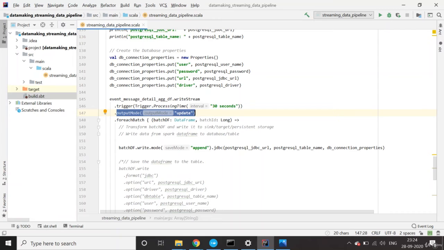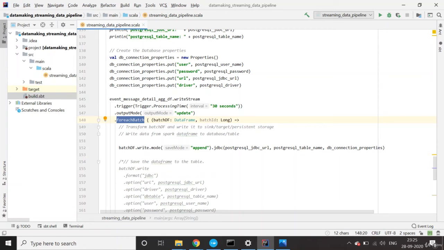So we are going to use this function operator called foreachBatch. What it does is, in this stream data frame, we are going to iterate over each batch. The stream will have a set of micro batches, right? So each batch we are going to iterate over, take that data frame and write the data frame. When you use foreachBatch, it will give a micro batch data frame, and that data frame will become a normal Spark data frame.